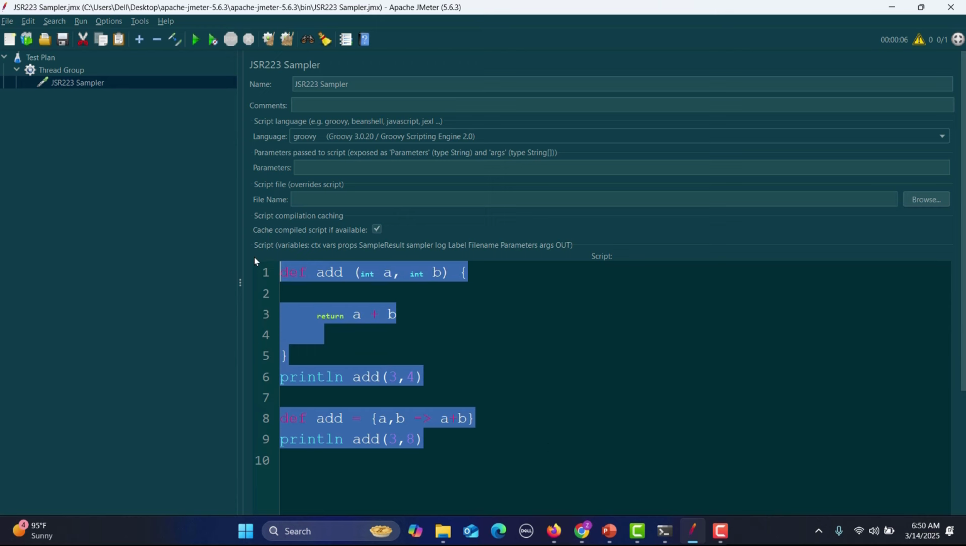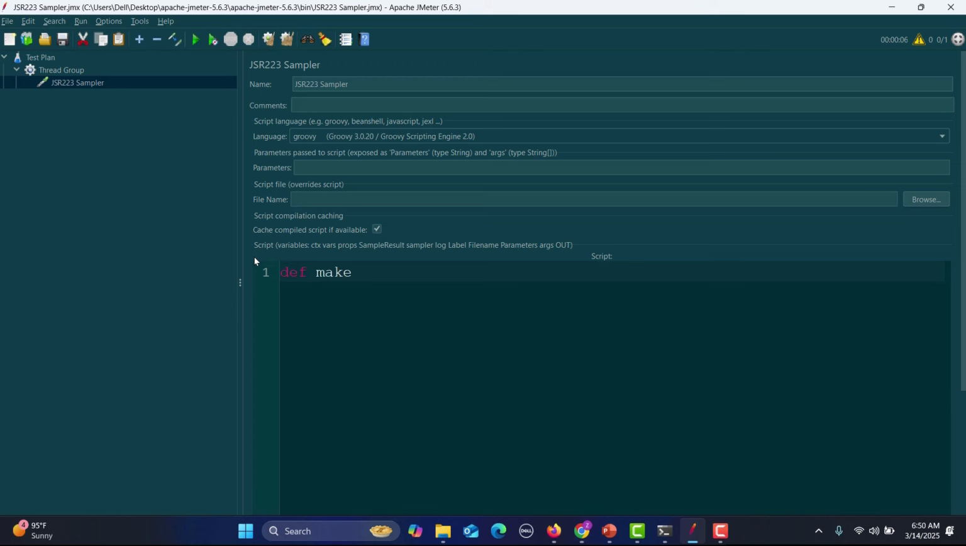What I will do is say def makeRequest equals, and inside this one, we need to create it once and use it as many times as we want. For example, tomorrow you want to make 100 HTTP requests, so you can do that, right? And here we say def con equals new URL, we need to pass the URL, dot openConnection,